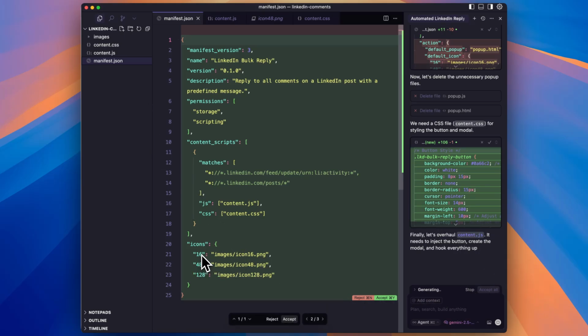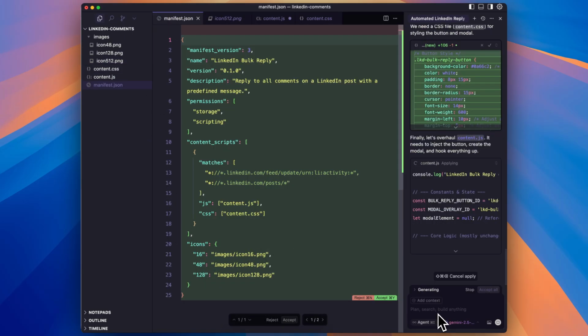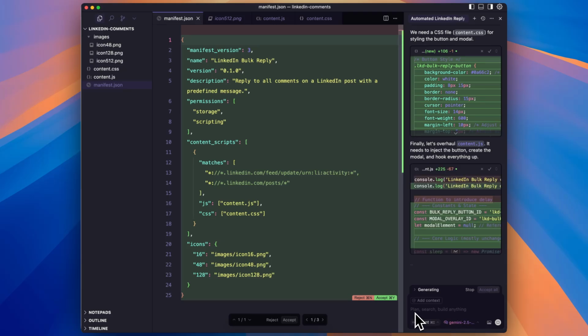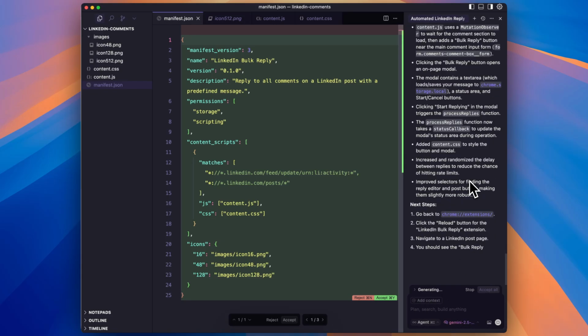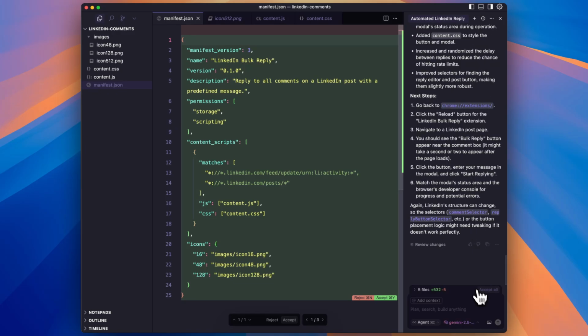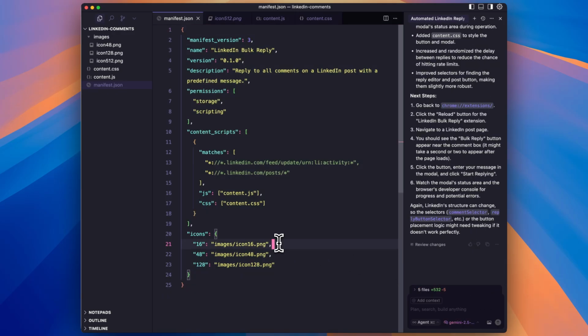And then I'll get it to change these here because I need a 512 one in there as well in the manifest. But other than that, okay, accept that. I'm just going to do this myself. I can't bother to spend 5 cents for this. Nope.